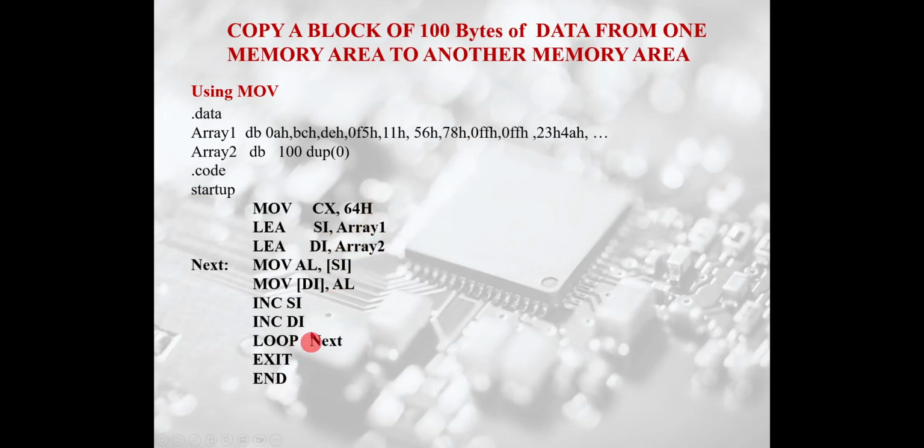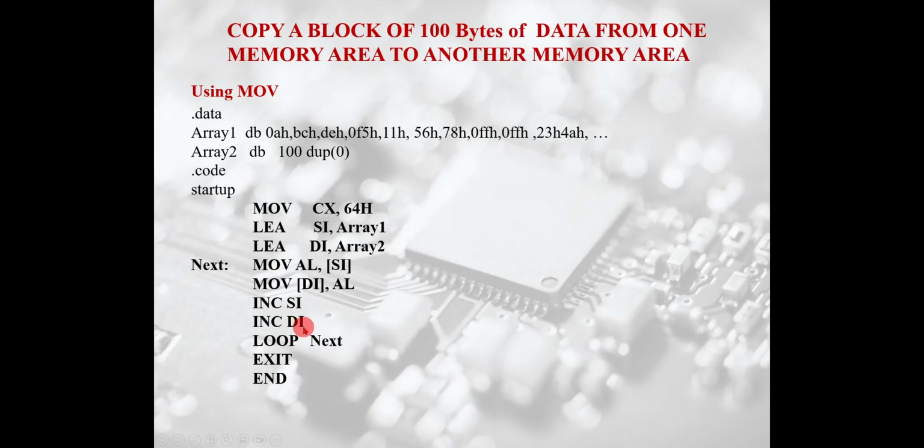So now if I have to move this data, initially in the program I have given array 1 as a data byte. The DB indicates a data byte, so that these many data are available. So 100 data are available here, and array 2 is the memory location in which these go. Assuming both are in DS, you have to preload ES also with the DS, because the destination address